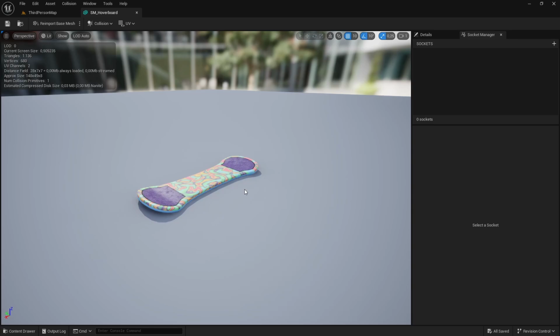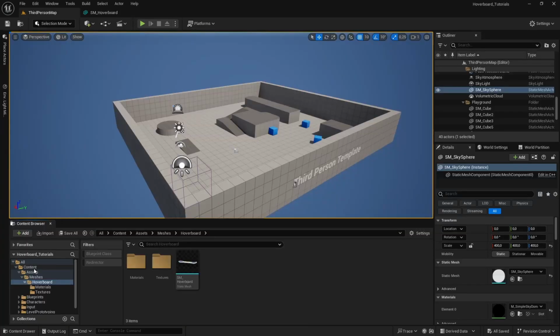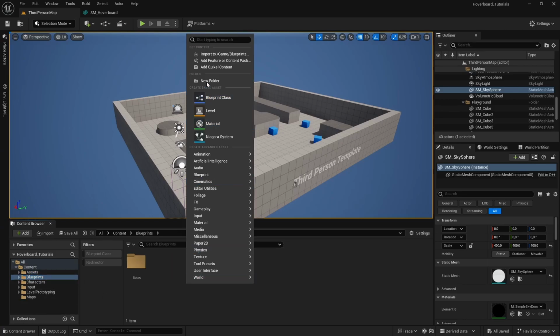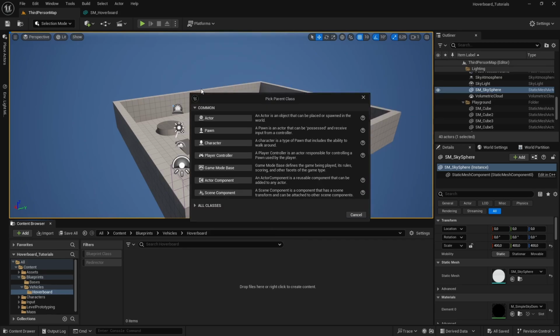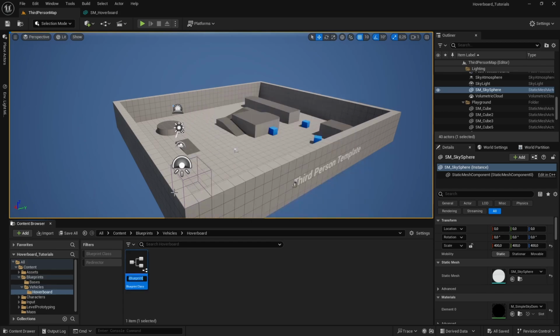So now let's start creating the blueprint. So in this system, I will treat the hoverboard as a vehicle. So let's go back to the folders, and let me just collapse this assets folder here. Let's go to blueprints, and here I will create a new folder for vehicles like this. Let's open this folder, and here I will create a new one for hoverboard. Let's open this, and here let's create the blueprint. So right click, go to blueprint class, and because we need to control the hoverboard, let's select Pawn here. So just click on Pawn, and I will name this BP